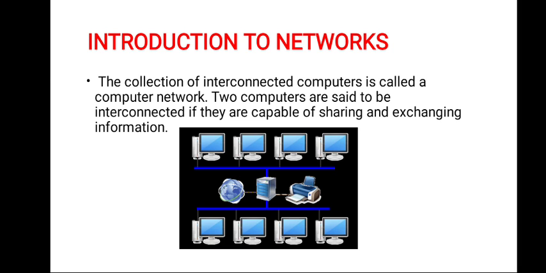A printer is connected in this network. The computer network allows this printer to be shared among all the different computers using the given computer network, and all these computers can access internet facility as this particular computer network is connected to internet using a networking device. So this is how a computer network allows sharing and exchanging of information among each other and also over the internet. So let's continue to the next slide.